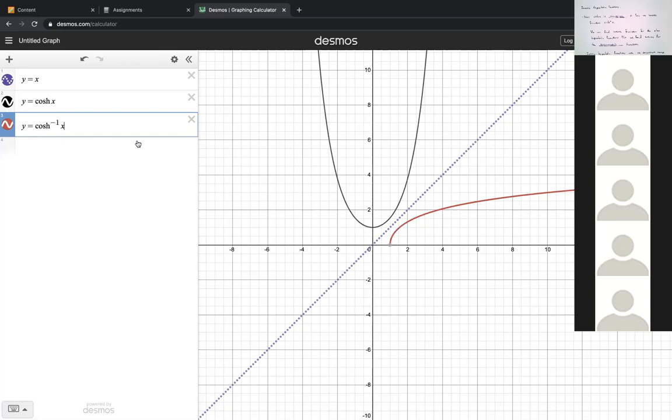You can see that what it's done is split the function in two about the y-axis, and then it's taken the part where x is positive as our domain, and then to get the inverse you mirror across the line y equals x